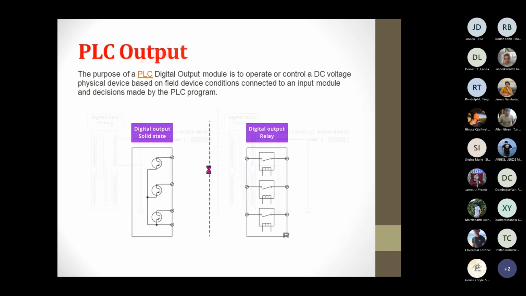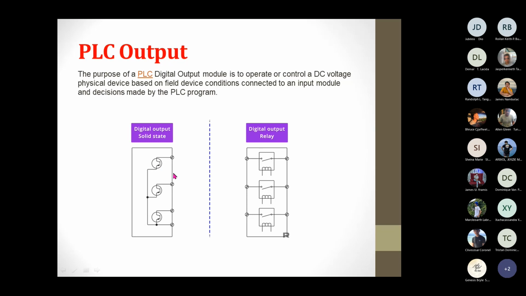Okay, so the output of the PLC. As we mentioned a while ago, there are two types of PLC output. So we have the solid state, whether it's using triac or transistor type, and then the other one is the relay output. So the difference is that the relay output is actually a switch, as you can see. The solid state is actually still the same function as a switch, but